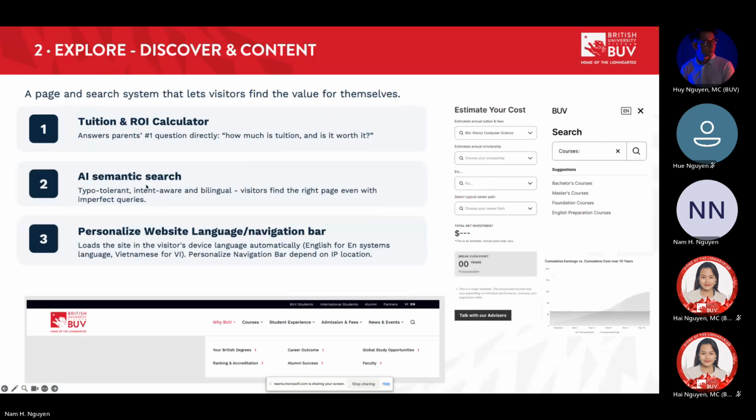Feature 2 is AI semantic search. It is typo tolerant, understands internal terms, and is bilingual. So visitors can find the right page even if the query is imperfect. They don't need to know the exact program name to get what they want. And 3 is